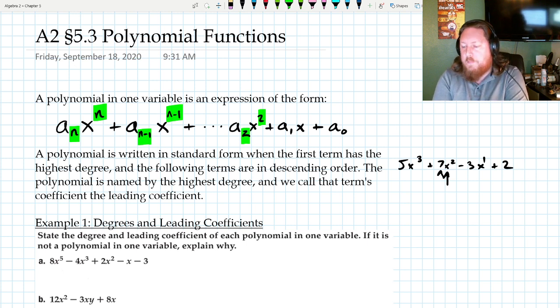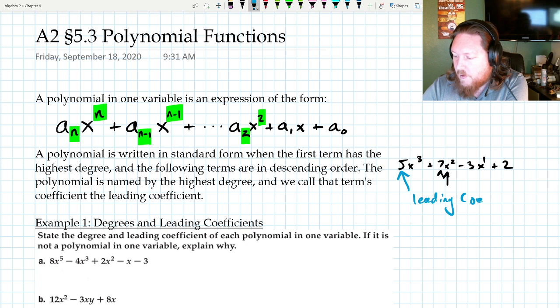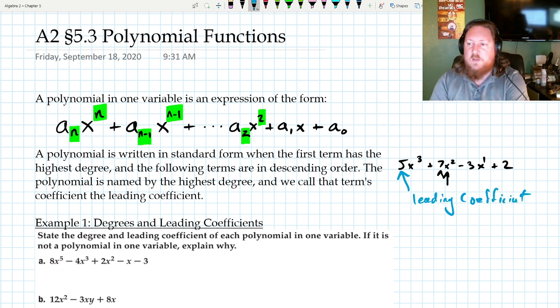The big important thing here is what the leading coefficient is. In this case, it's 5. We say that is the leading coefficient. Now, the leading coefficient is always attached to the highest degree term. So if you have it written in descending order, like 3, 2, 1, 0, then it's always the one in the front. But if it's not written in the correct order, then you have yourself